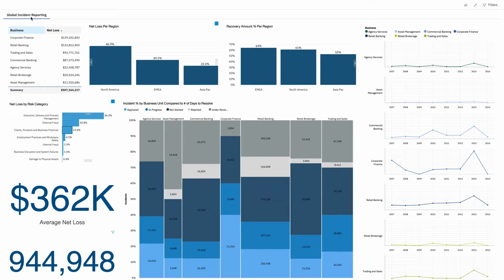The goal of the dashboard is to provide insight and discover patterns by analyzing the data relating to the errors, incidents, and events that have created financial losses for this company. Incident reporting is a critical function within a financial company, as it's important to ensure that you are tracking your errors, escalating them, filing them with the regulators, recovering any lost capital, and ensuring any lessons learned are clearly disseminated